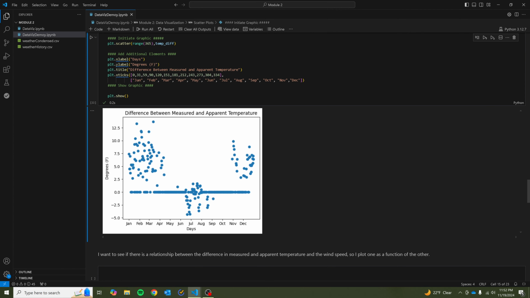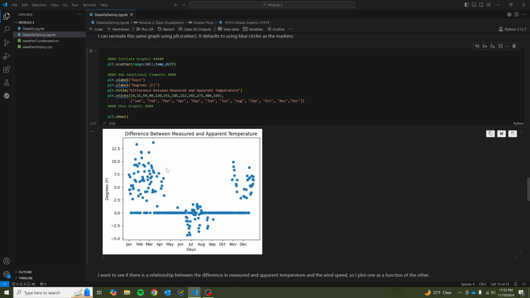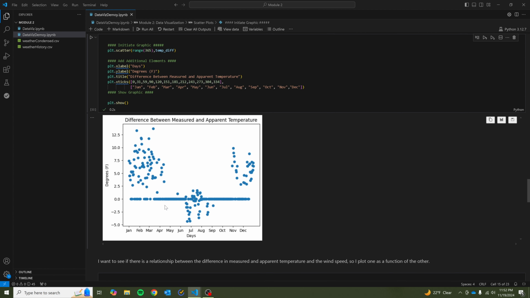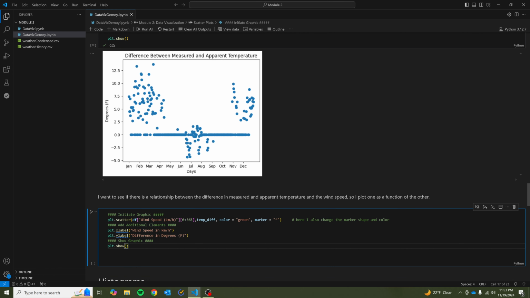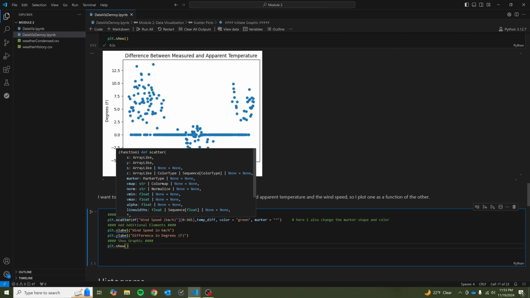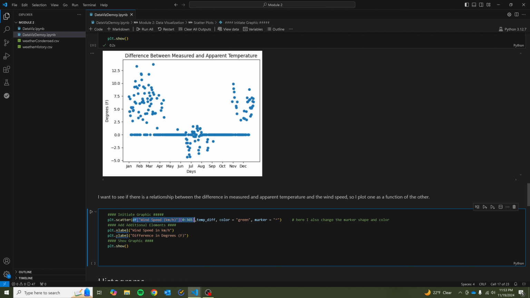Let's look at a few different things here. Now instead of looking at the difference between measured and apparent temperature over time, I want to know if there is a correlation between that temperature difference and the wind speed. As the wind gets higher, is that apparent temperature changing? So that's what we'll do right here. You can see we're again using plt.scatter. Our X variable is now the wind speed. We're selecting that. Our y variable is